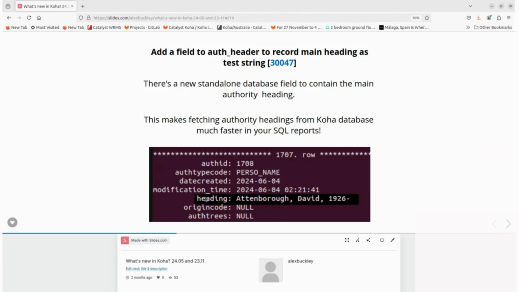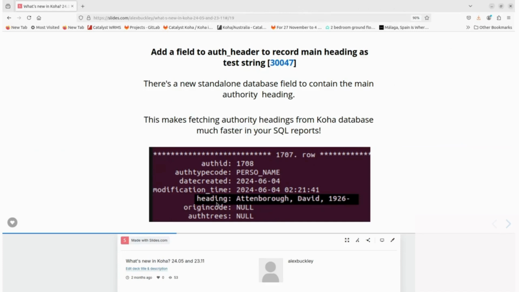So for future authority records, you'll be able to query a lot faster using this heading column. Authority records created before your upgrade to 2405 will still be slower, because Koha still has to search all of those other MARC fields and extract a singular piece of